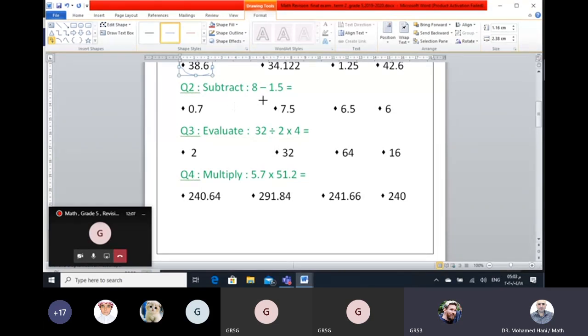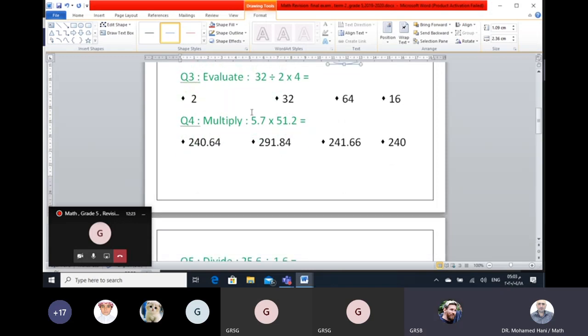6.5. Okay, 8 minus 1 will be 7, and 7 minus half will be 6.5. So this is the right answer. Thank you, Abdullah Al-Hamadi. Right, the next question: evaluate. What's the meaning of evaluate? Find the value